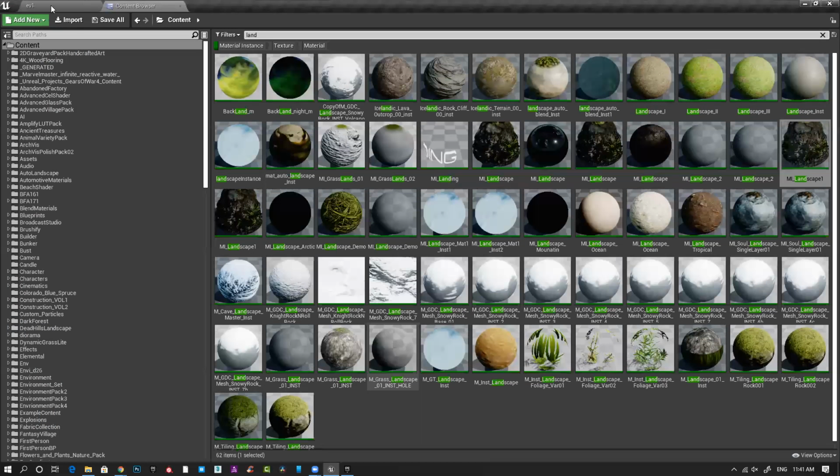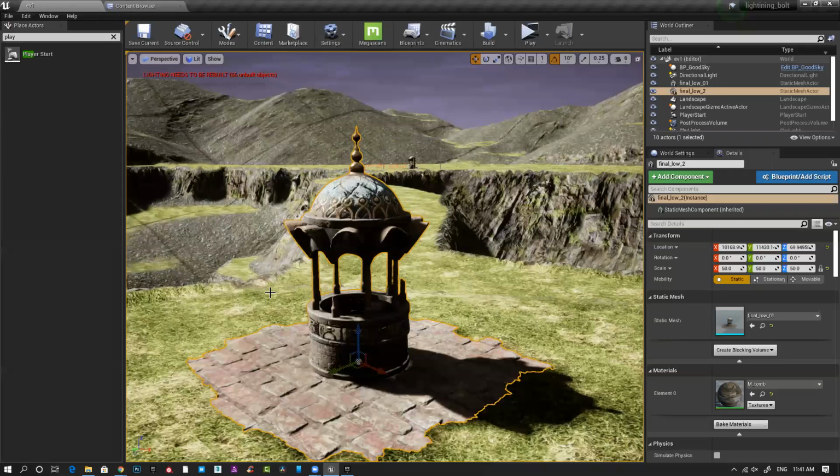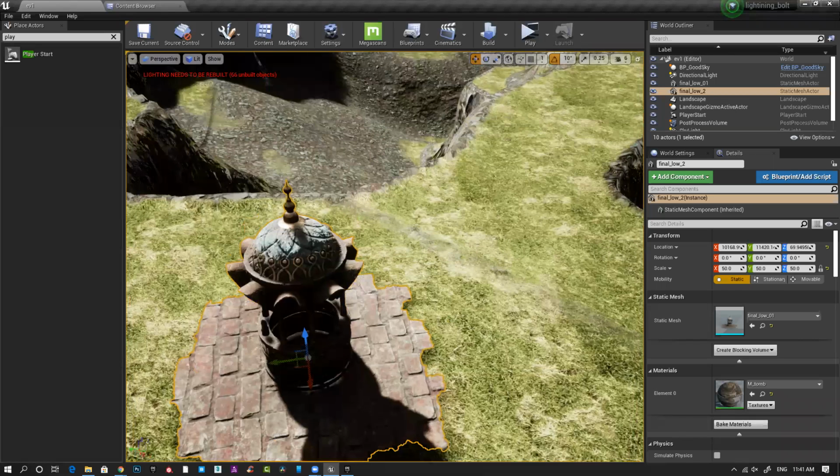We have this thing, and we can modify this thing. We have to add some foliage. So this time we won't create any foliage. We'll use all the presets available, and we create